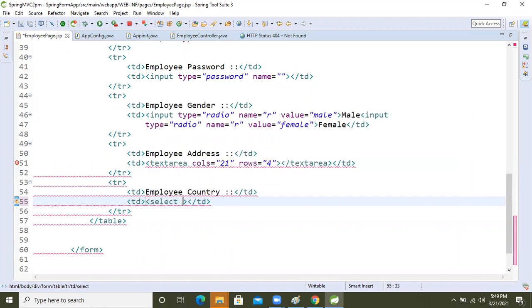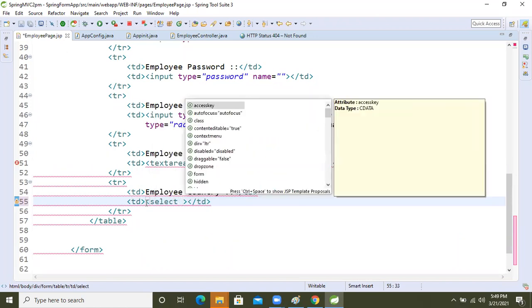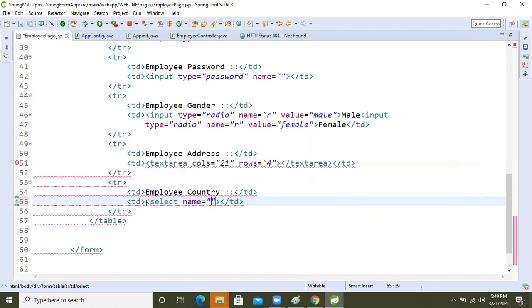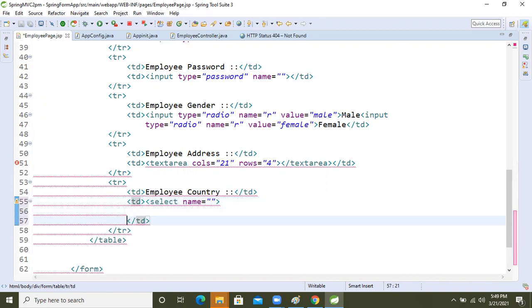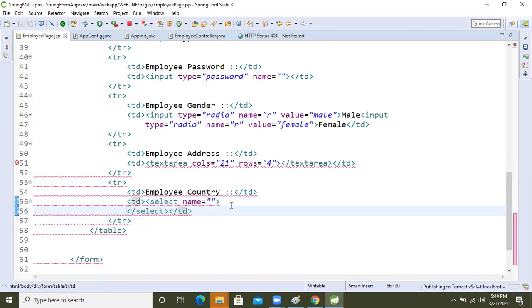Select tag. After then, the name. We will take the name attribute also, right? Inside that, we close it. So this is the select box. After then, option, right?